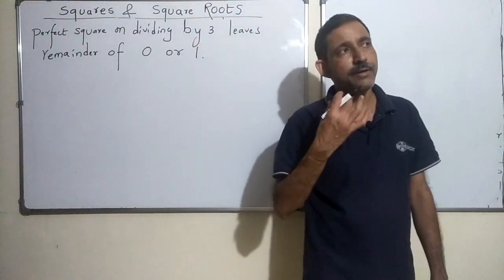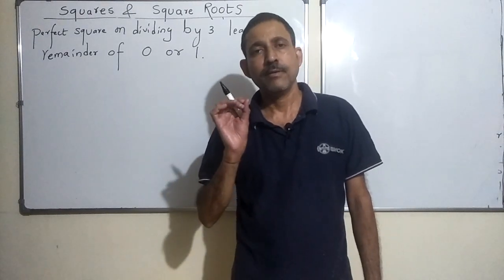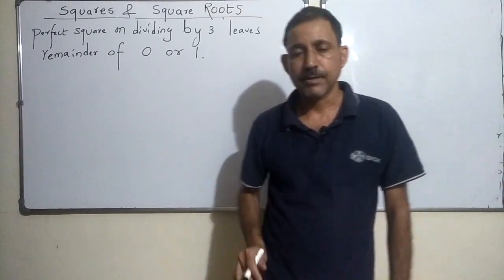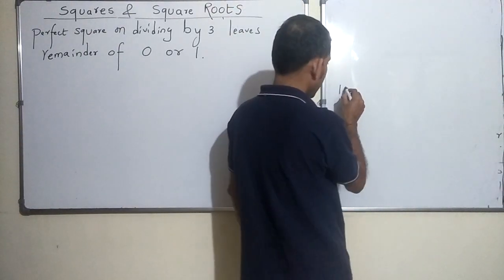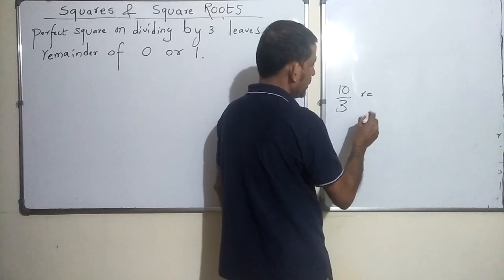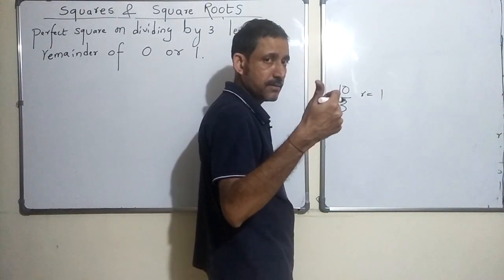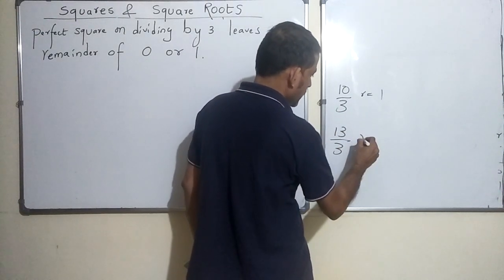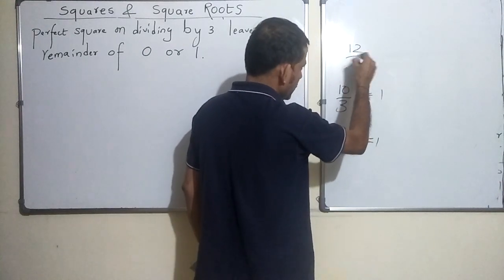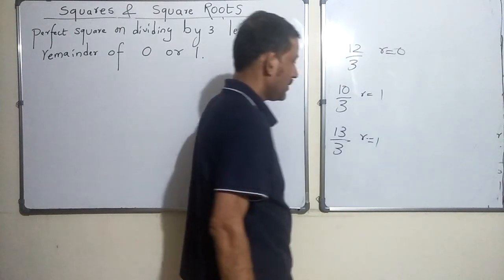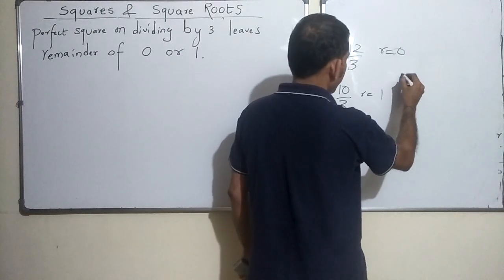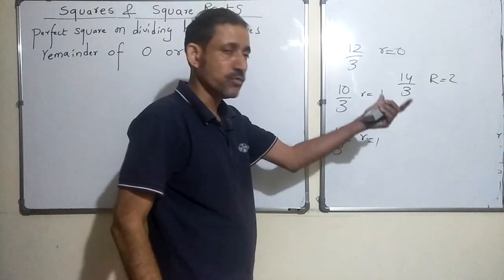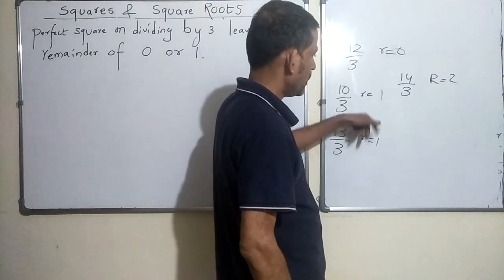Okay, so one quick question, right? When you divide a number by 3, only 3 possible values of remainder are 0, 1 or 2. Okay, you take any number, you take 10. When you divide 10 by 3, remainder is nothing but 1. 3 3s are 9, so remainder is 1 in this case. You take 13 by 3, again the remainder is equal to 1. You take 12 by 3, remainder is 0, right? Or if you take 14 by 3, remainder is nothing but 2. 3 4s are 12, then 2 remains. Okay, so you can have remainder 0, 1 or 2.